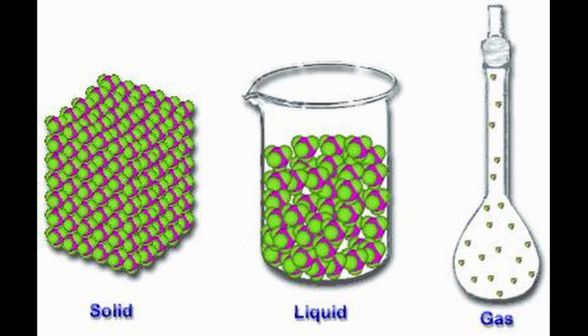Now in gases, what happens? The intermolecular spaces are quite larger. The intermolecular space is very big in gases as compared to liquids and solids, and the intermolecular force of attraction is very small, almost negligible. It weakens in the case of gases. So here the molecules are free and they can move in all possible directions. They can occupy all the available space.